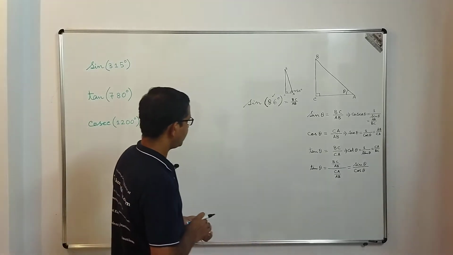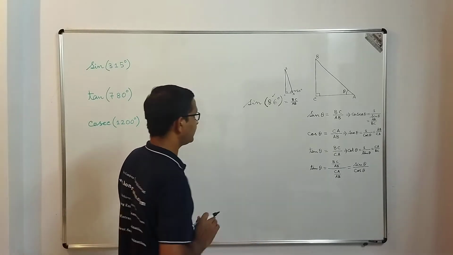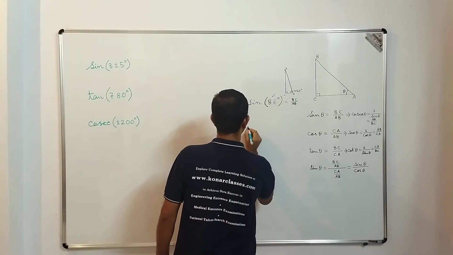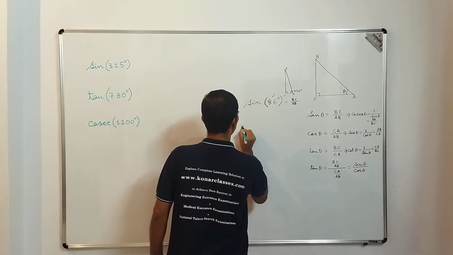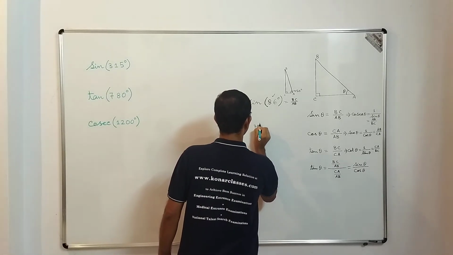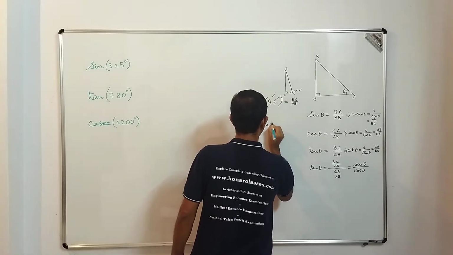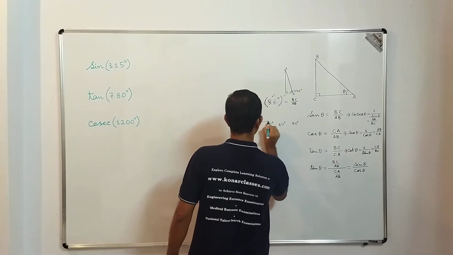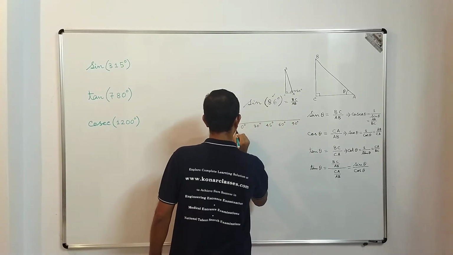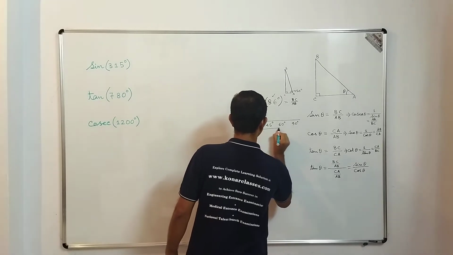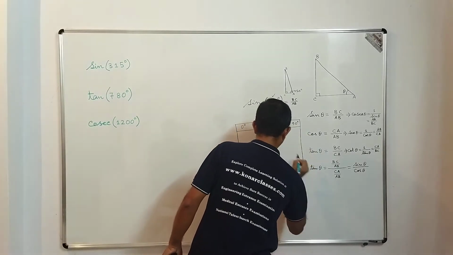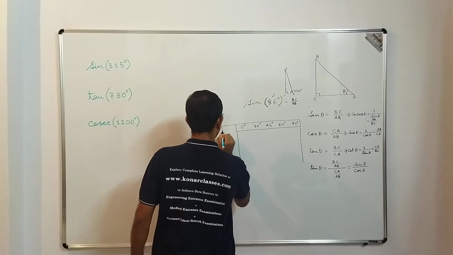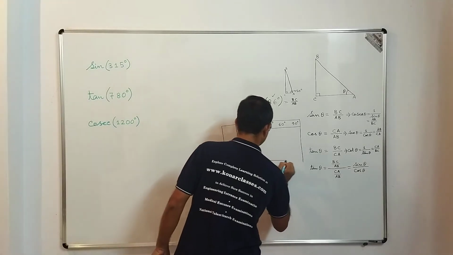Also, at the same time, I will recap the values you have learned in your previous session, the values of some major acute angles: 0 degree, 30 degree, 45 degree, 60 degree and 90 degree. So we are going to have a quick look into these values of the trigonometric ratios of these acute angles, okay? And for those who are not able to recall, I can tell you a technique by which, just by remembering only one value set, you can do the others, okay?